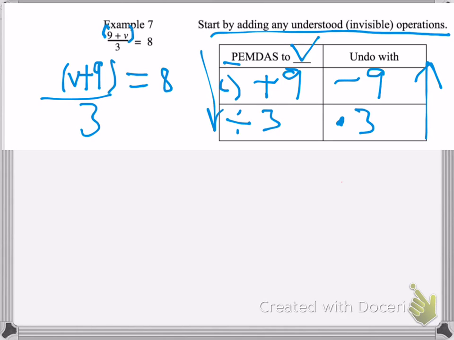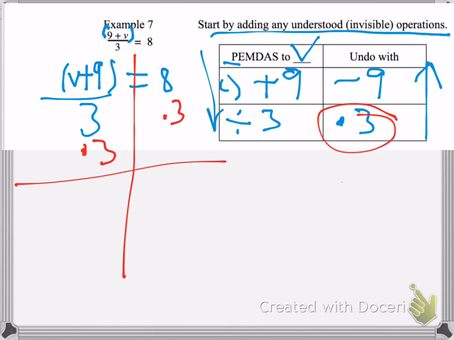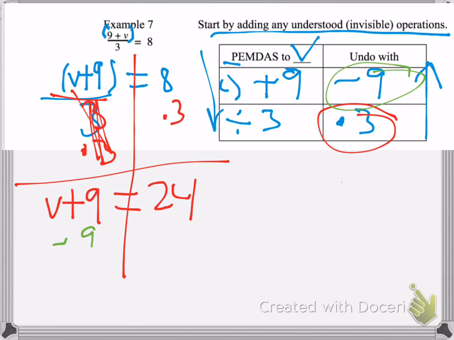So to solve this, I'm going to start with my times 3 on both sides of this equal sign. So times 3, and I get v plus 9, that divided by 3 and times 3 cancel each other out. So those are gone. And we've got 8 times 3, which is 24. And then finally, I would subtract 9. So I'm going to subtract 9 from this side, subtract 9 from this side. I've got v equals